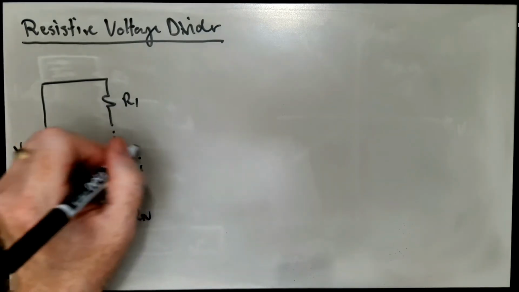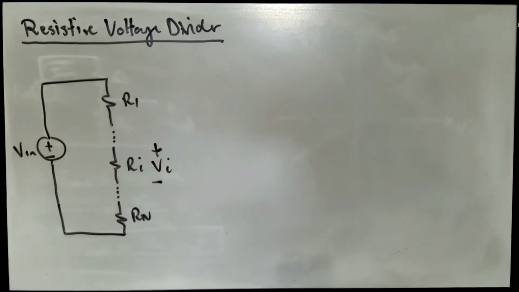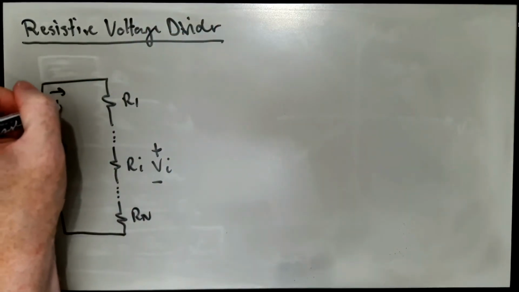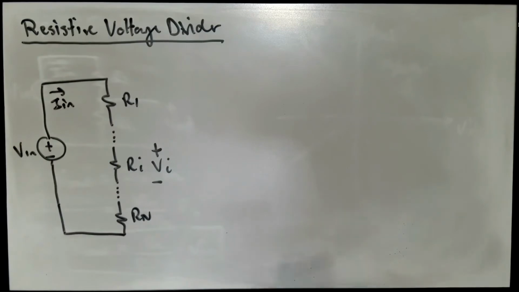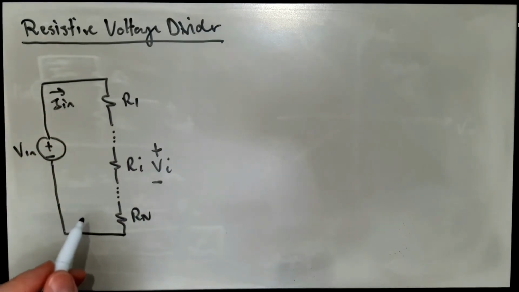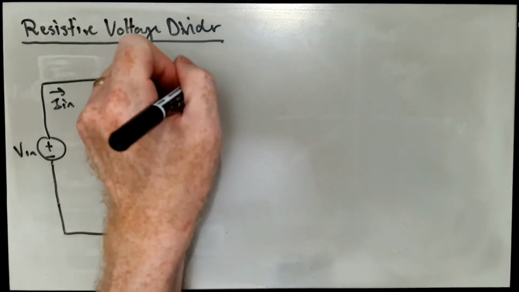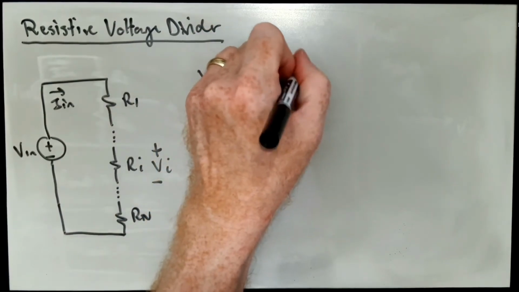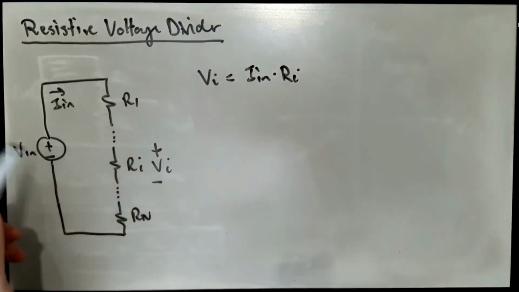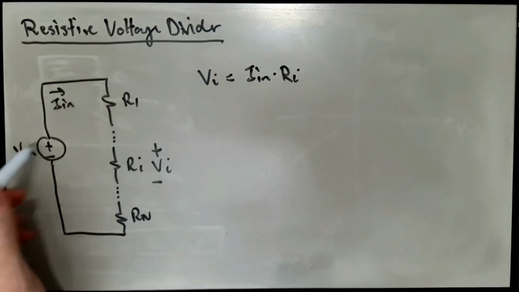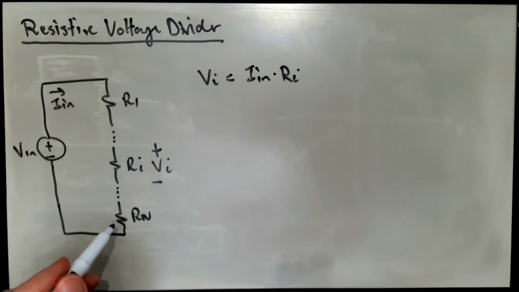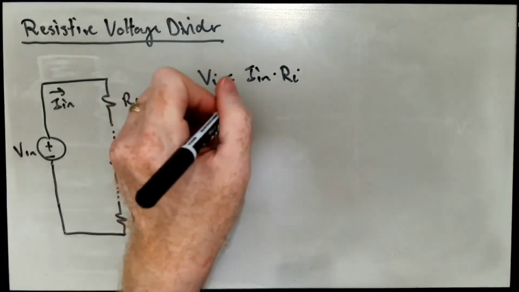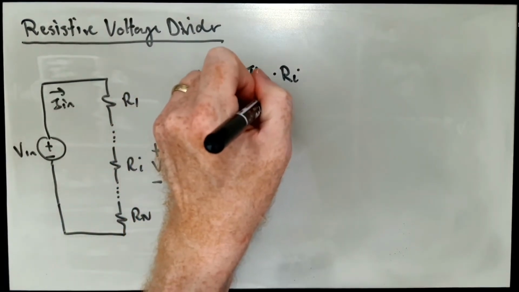If we're interested in the voltage across the ith resistor, V sub i, we can take the same sort of approach and say that, well, the same current is going to flow through all these resistors because they're all connected in series. So Vi is equal to In times Ri, and we can get In as Vn divided by the equivalent resistance of these n resistors in series, which is just R1 plus R2 plus ... up to Rn. So that's equal to Vn